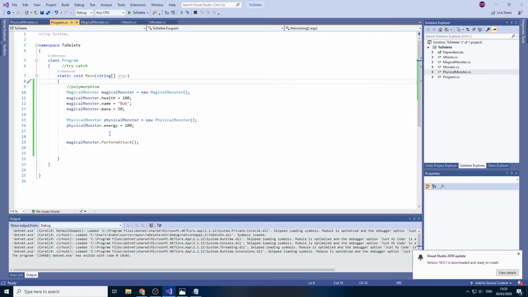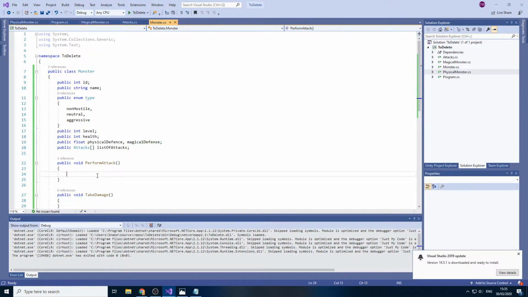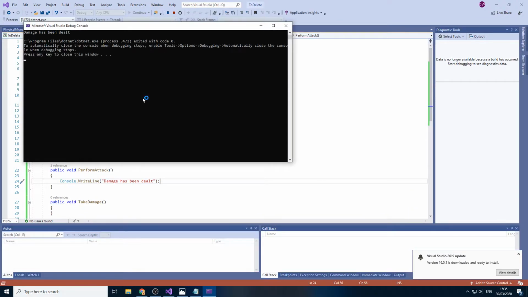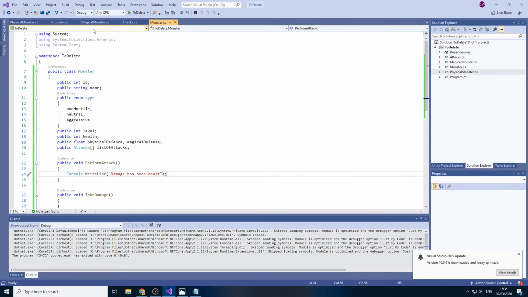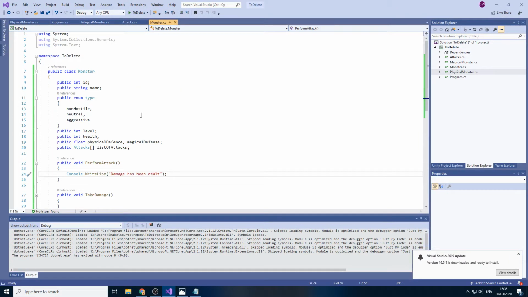So if you go back to program, we had the magical monster calling perform attack. What we'll slightly change is, if we go into monster, we're going to add a Console.WriteLine, "damage has been dealt." There we go. If we just quickly press F5, there we go. So we called magical monster perform attack, which is here, then this is our inheritance, but now of course this is the